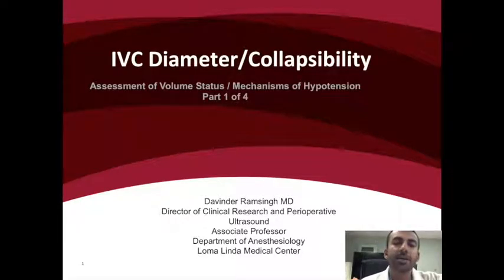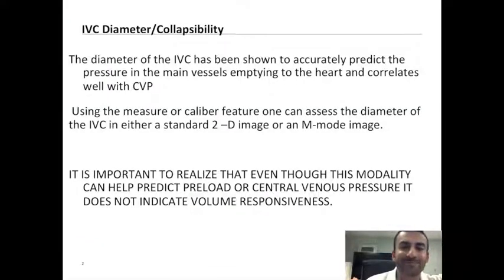Today we're going to be talking about part one of the overall topic of using point-of-care ultrasound to evaluate for volume status and mechanisms of hypotension. For part one, we'll be specifically focusing on IVC diameter and collapsibility. It's been shown that the diameter of the IVC can accurately predict central venous pressures as it correlates with CVP